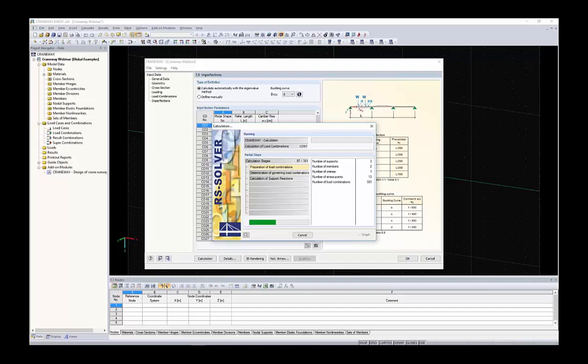Will take some time for the 381 load combinations. There are 2 ways of calculation implemented in this program. You have a fast calculation, which means that the design will run according to first order theory first, and then the